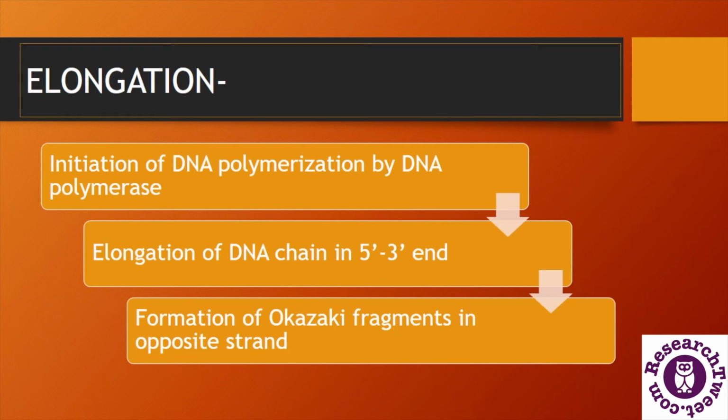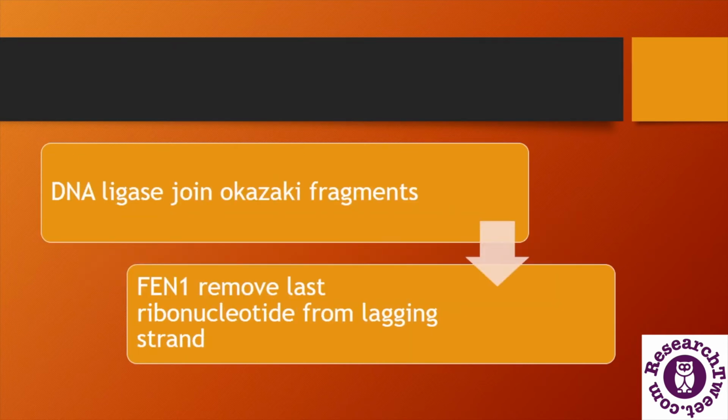The strand which moves 5' to 3' is called the leading strand and has a continuous DNA chain, but the other strand, known as the lagging strand, has discontinuous small fragments known as Okazaki fragments. Here an enzyme named DNA ligase comes to join these Okazaki fragments, because it is very necessary to join them to make a continuous DNA chain. After this joining,